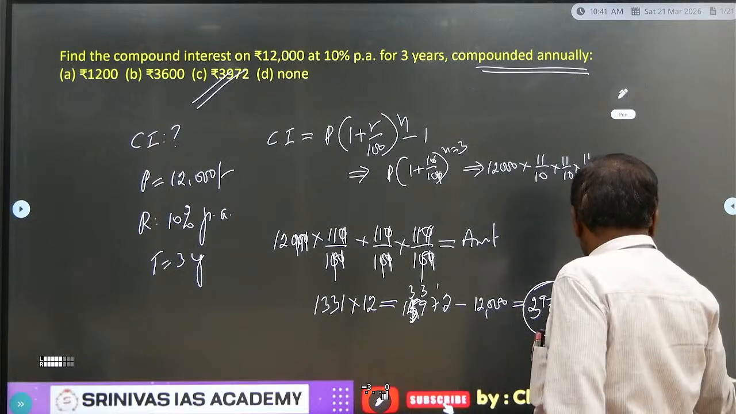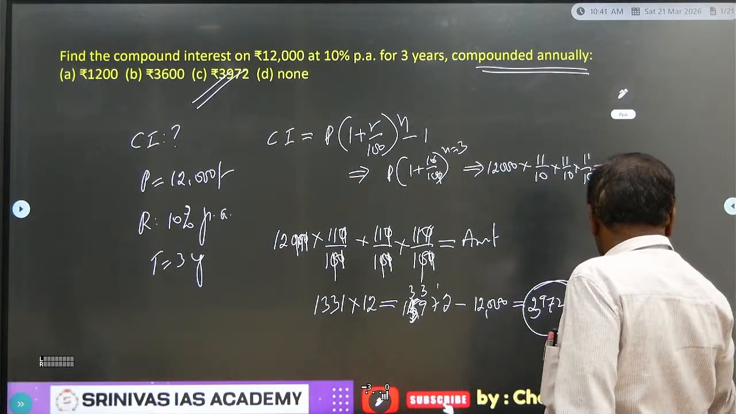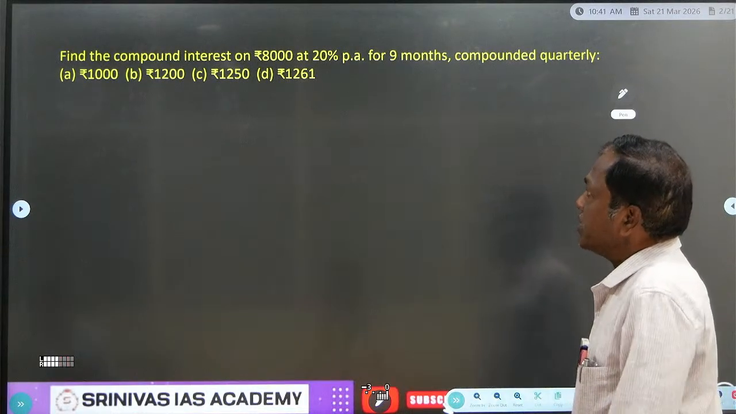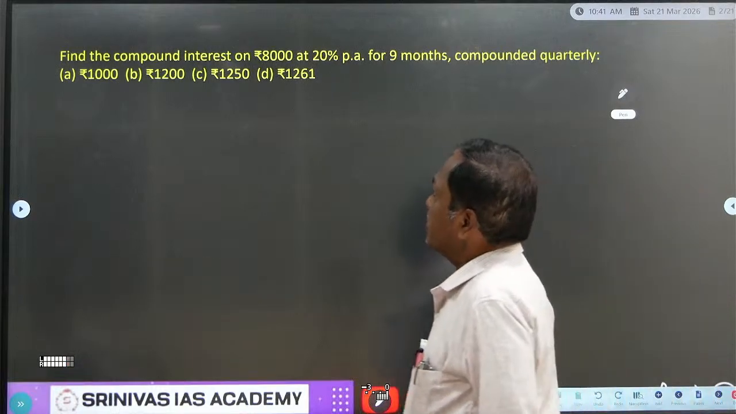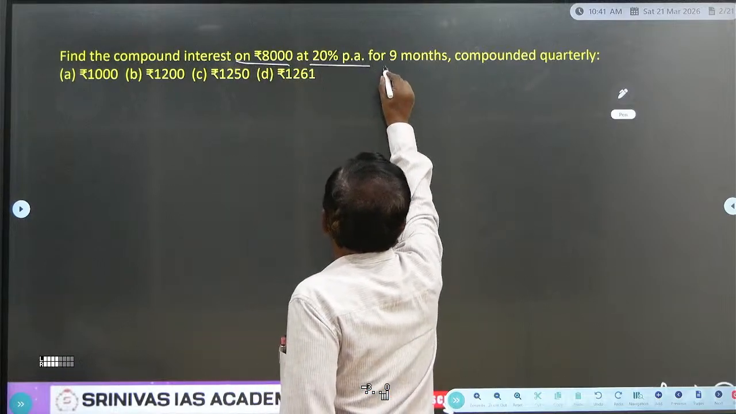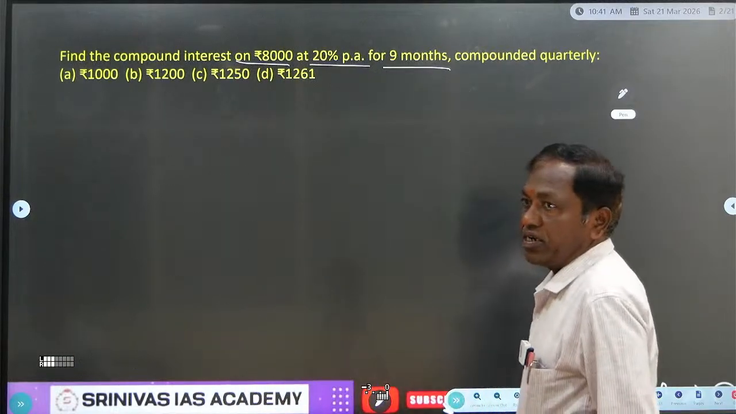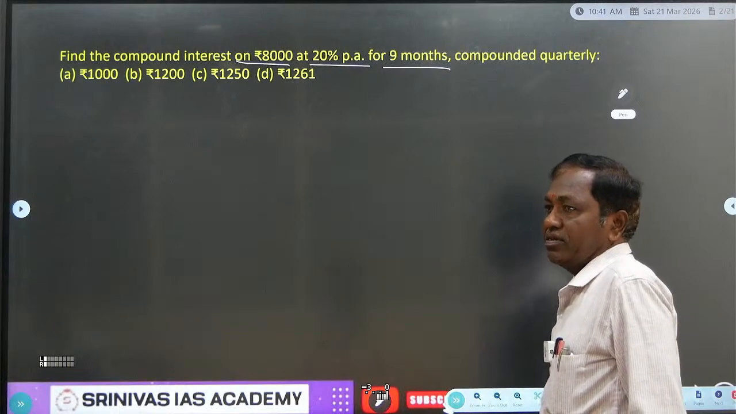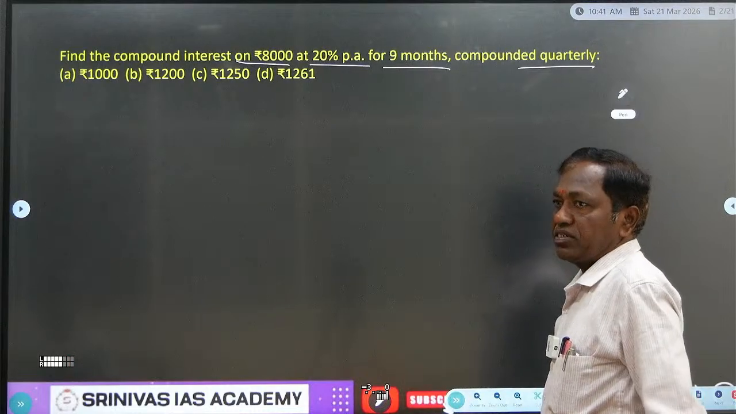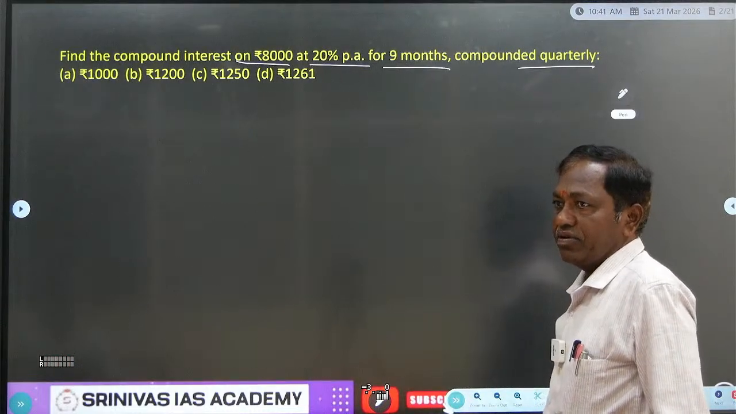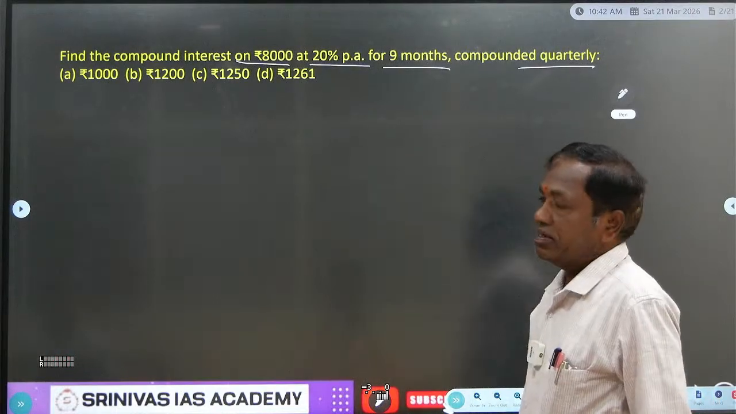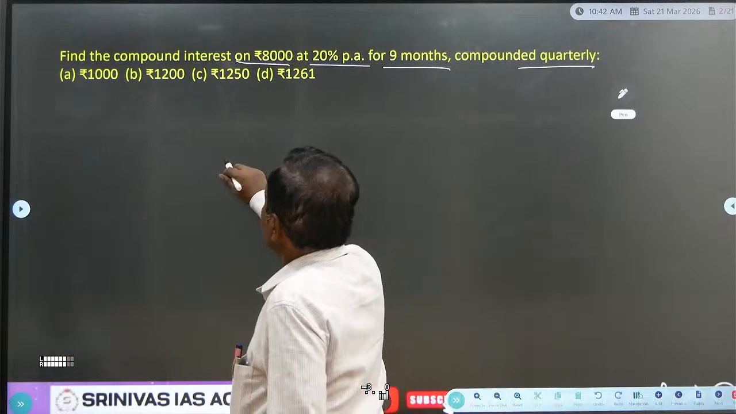So specifically we need to know that. Yes, next one. Find the compound interest on rupees 8,000 at 20% per annum for 9 months, compounded quarterly. What is the rate of interest? 20%. So 20 by 4, 5% for 3 terms because of the 9 months. Now we can see 8,000